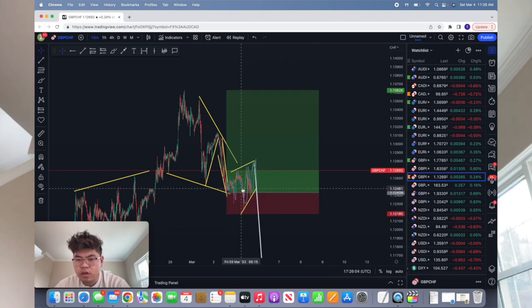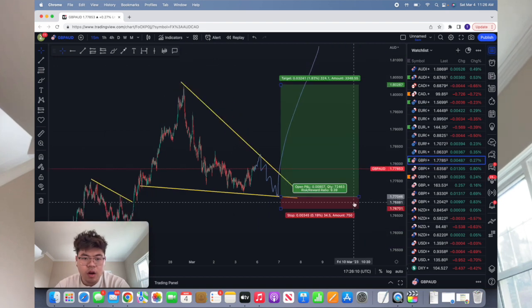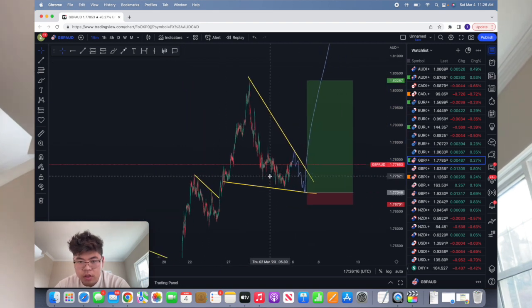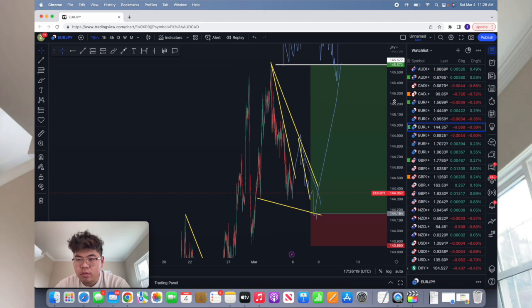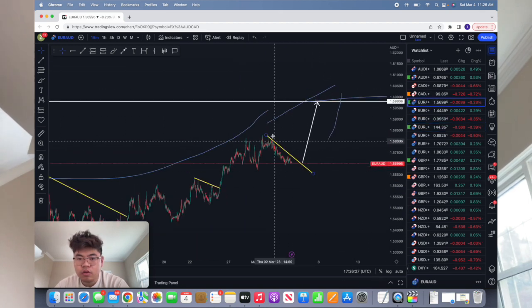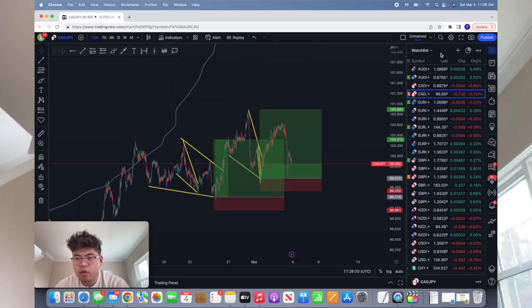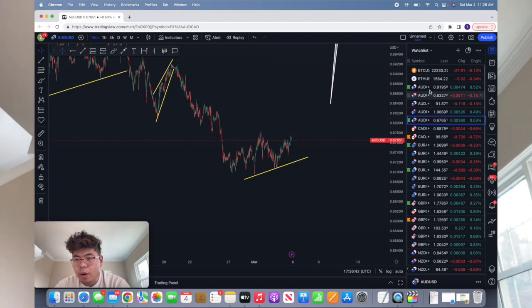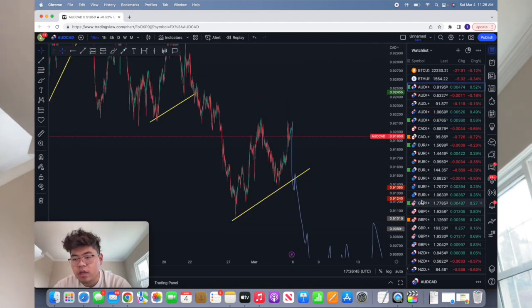I'm not really entering this one. I'm really just letting it play out. But GBP AUD, I am looking for opportunities here. I do kind of see a trend in this area. GBP JPY, I do kind of see something here. If it goes up, correct, I will enter. AUD, more so the double top, see opportunities on the top. CAD JPY, more of a monitor. AUD USD, more so of monitor and watch for opportunities, so as well as AUD CAD.